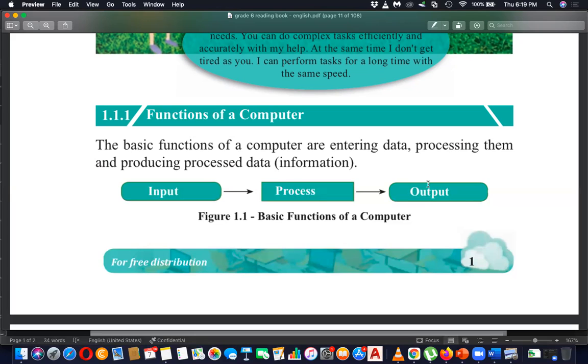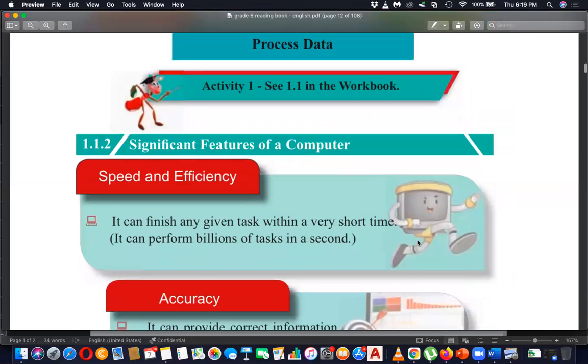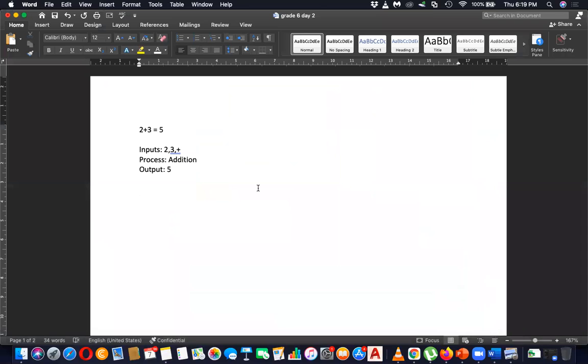Likewise, any process has these three components: input, process, output. It's not just for computers, for us also it's the same. So what we are going to do now is learn the other things related to this process. For an example, assume that there's a large equation like this: 2 plus 5 plus 6 plus